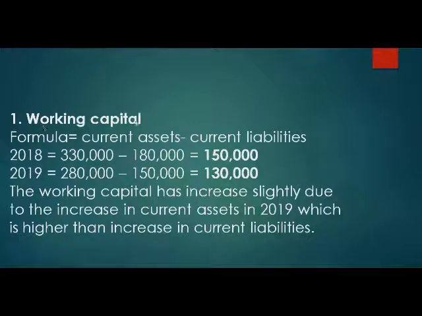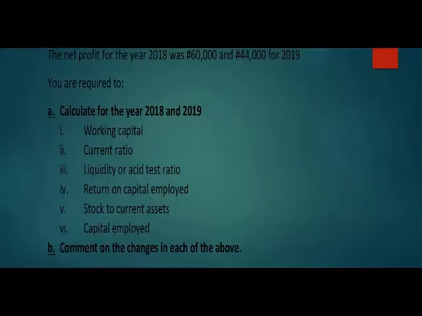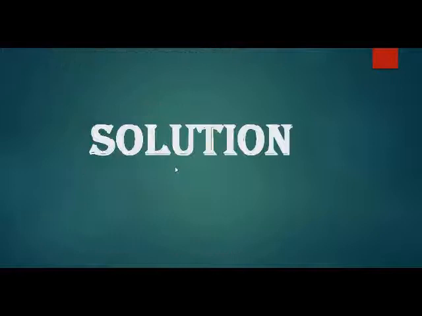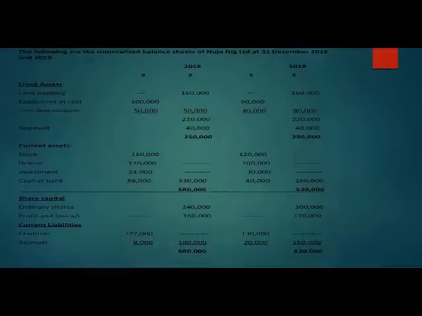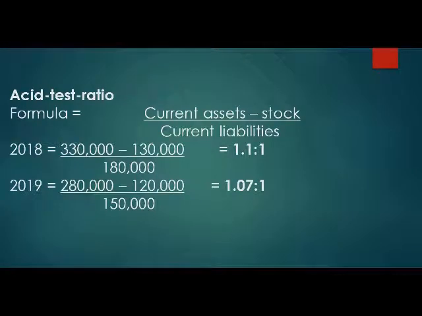We have calculated the working capital. The formula of working capital is current asset minus current liabilities, which I've explained in our last video how to arrive at the current asset. These are the current assets based on the balance sheet. You just sum the 4 transactions under the current asset and use it in your calculations. We have also calculated the current ratio, which has the formula current asset all over current liabilities. We have also calculated the acid test ratio, which is current asset minus stock all over current liabilities.